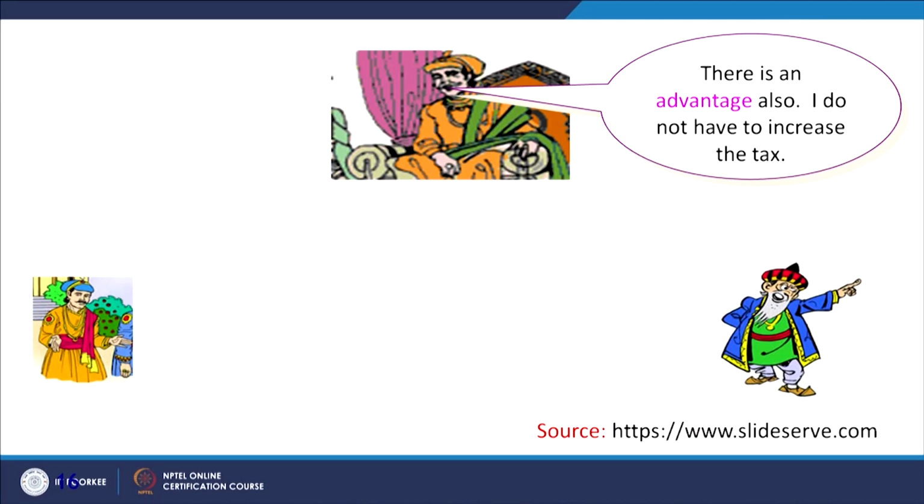So we started with the problem that the king is adding 50,000 soldiers in the army, they have to be equipped with the swords. The king does not want to increase the taxes on the common man, and the raw material cost of the sword has gone up by rupees 10. So with this objective, 6 ideas were generated by the minister, and it was shown that if these ideas are implemented, a huge amount of cost can be saved.